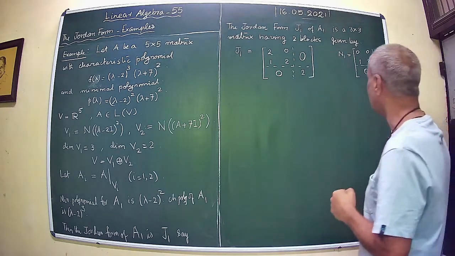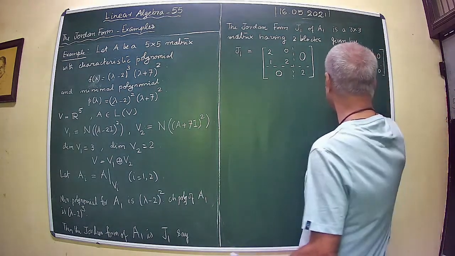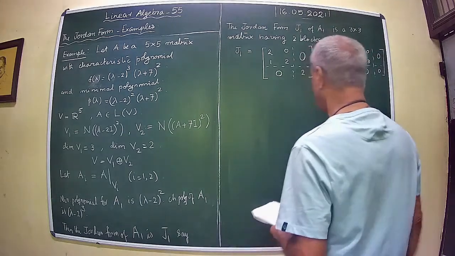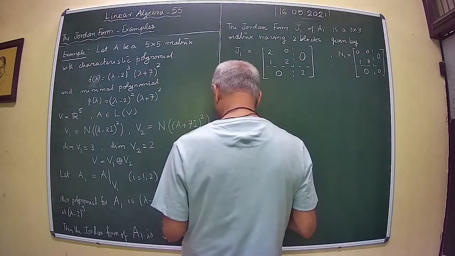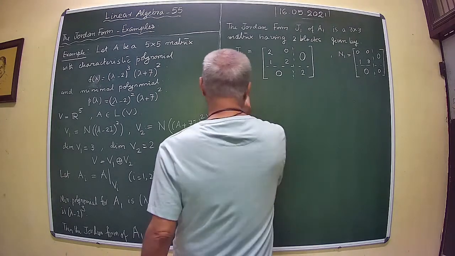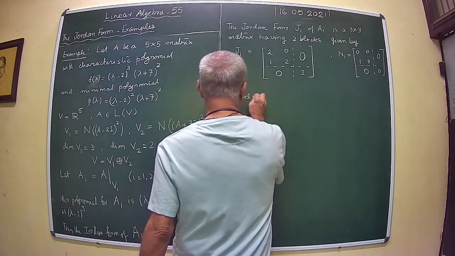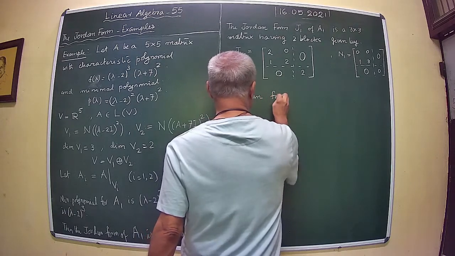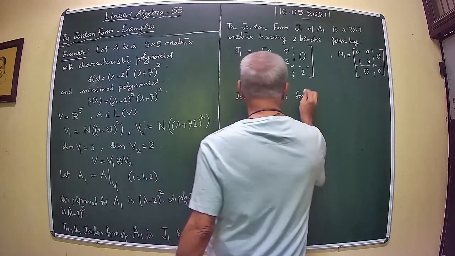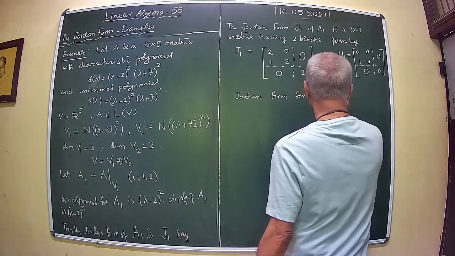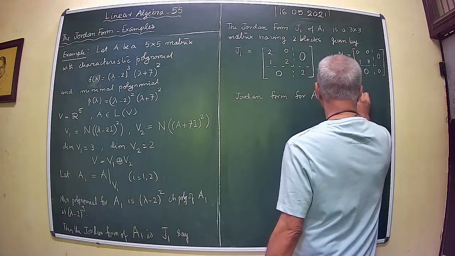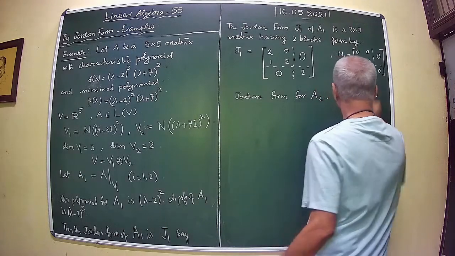Okay, so that's what you have. This is the corresponding N1. Therefore, this is the Jordan. And for A2